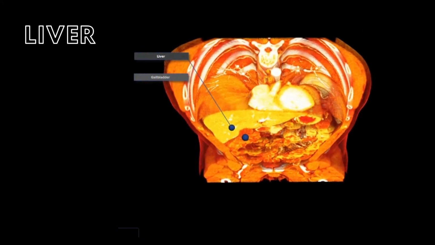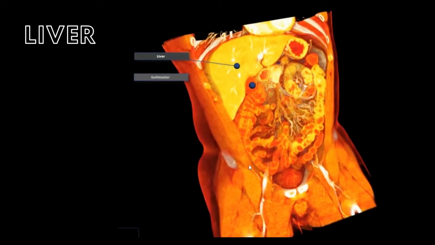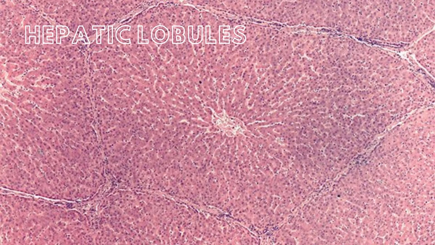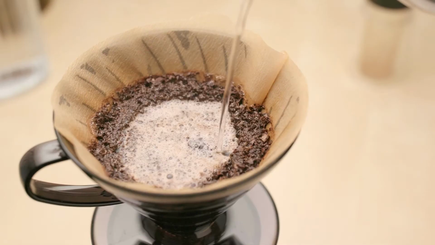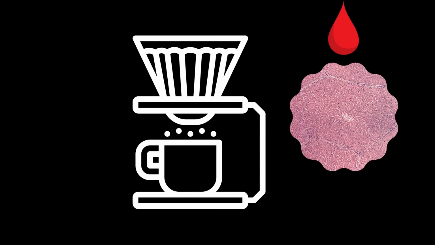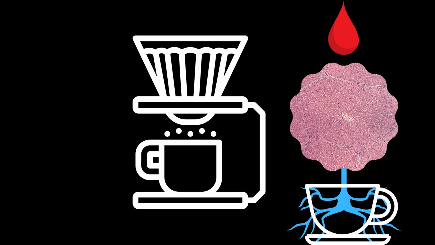The liver is the largest gland in the body, weighing approximately 2.5% of a person's total body weight. One of the functions of the liver is that it filters blood through the thousands of hepatic lobules that comprise the liver. Similar to a coffee filter, blood enters the liver through the hepatic artery proper and the hepatic portal vein. The blood then filters through the hepatic lobules, taking out toxins from the blood, and then draining into the central hepatic vein of the respective liver lobe, and eventually into the inferior vena cava.